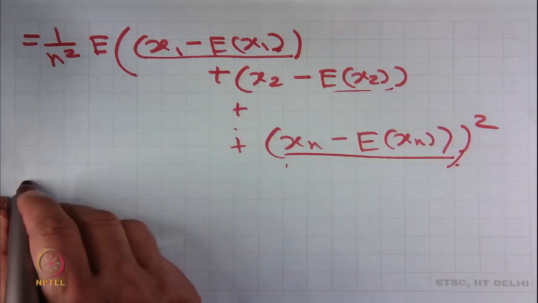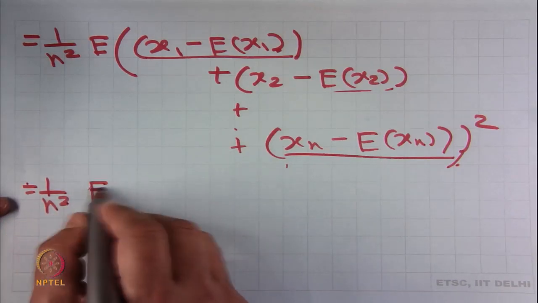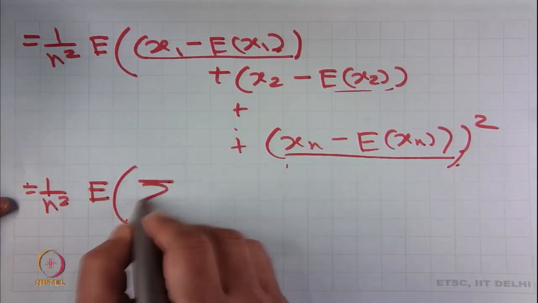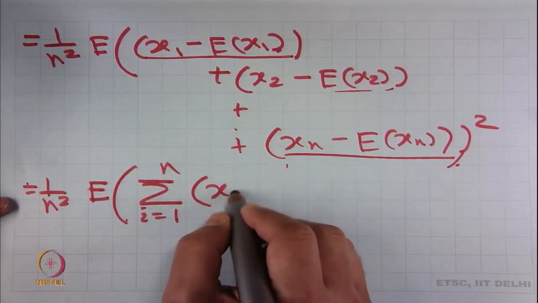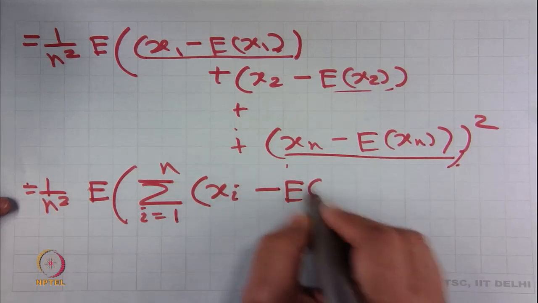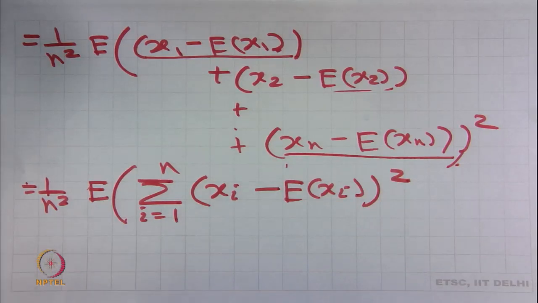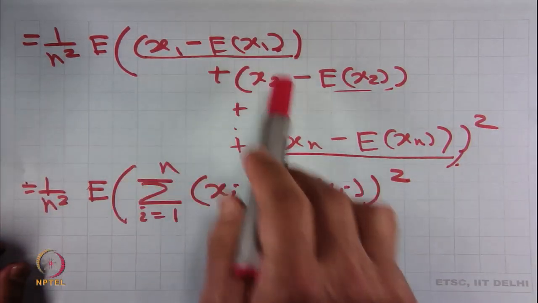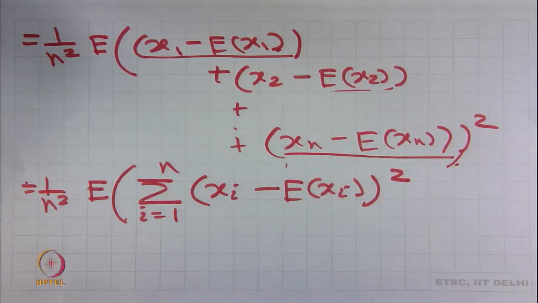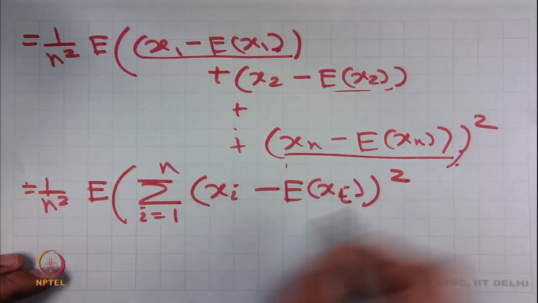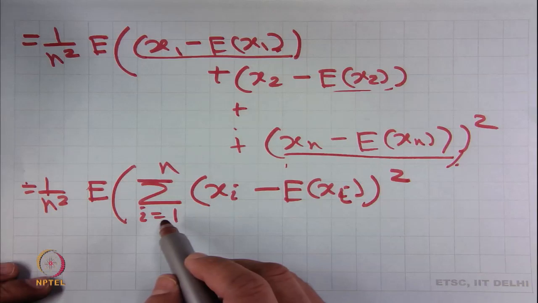This n terms square can be written as this square plus this square plus this square up to xn minus E of xn whole square. So, this we can write as xi minus expected value of xi whole square, i equal to 1 to n,